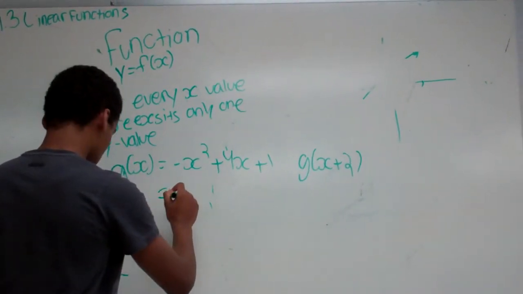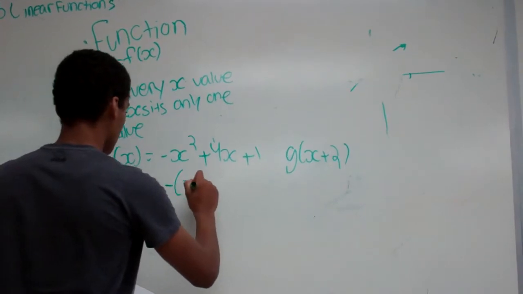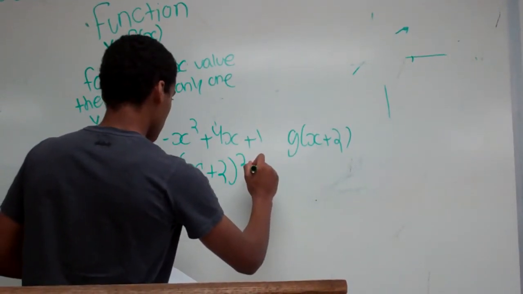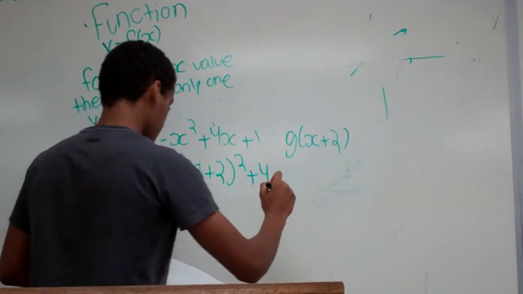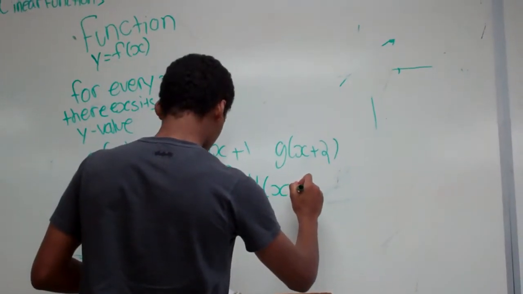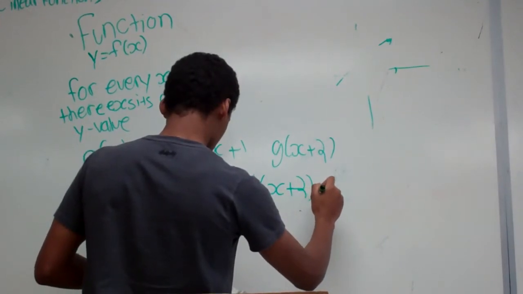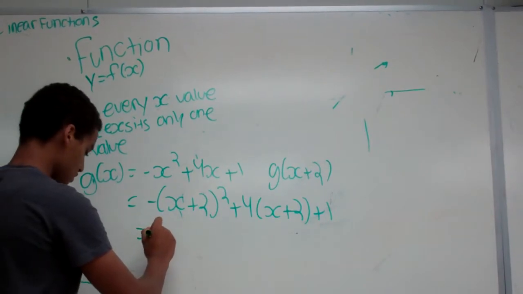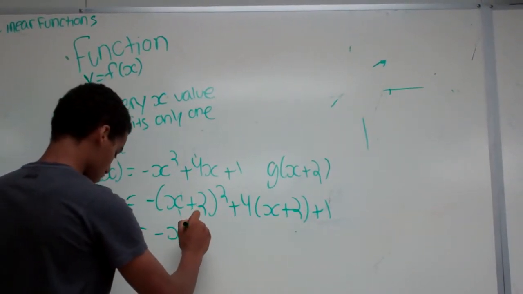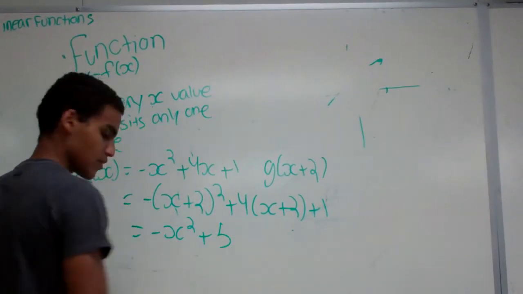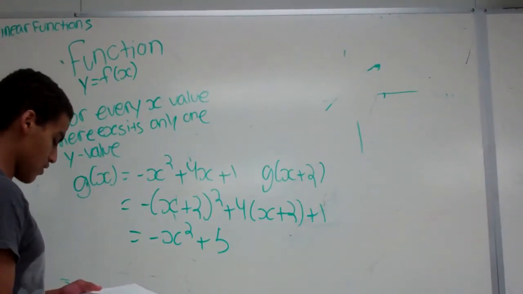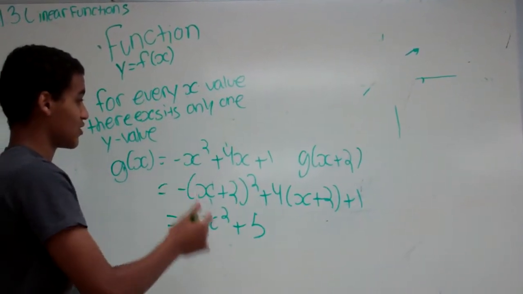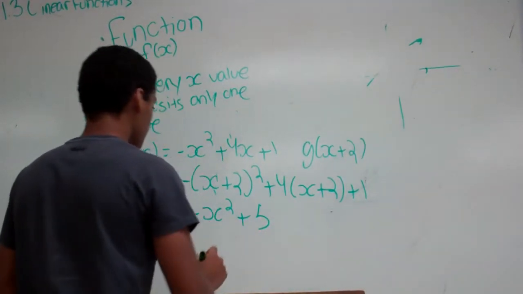So the first step is negative x plus 2 squared plus 4 times x plus 2 plus 1, this is how you set it up, and eventually you get negative x squared plus 5. And another key point to see this graphically, if it's a function or not, is